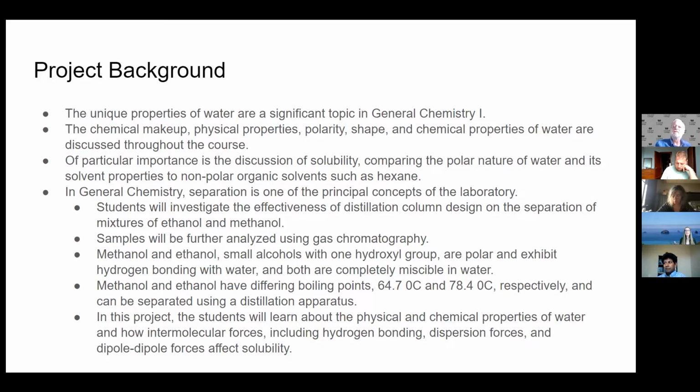ethanol. Typically, I start the usual general chemistry labs, and a lot of them involve separation. And then they also involve looking at water, so differences in solubilities, differences in polarities, differences in intermolecular forces between materials. So this was going to fit right in. We were going to start with our general chemistry labs, teaching the students some of the basics, and then we would move into this project and analyze some different fractions that were pulled off the distillation column, and then report